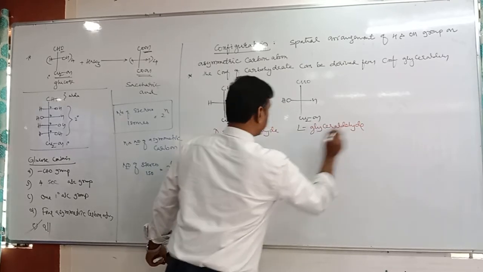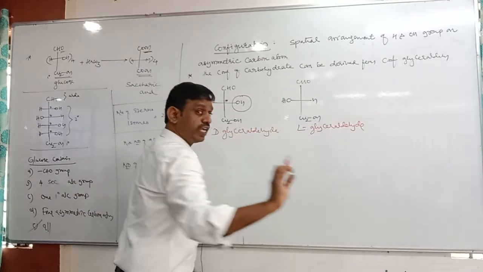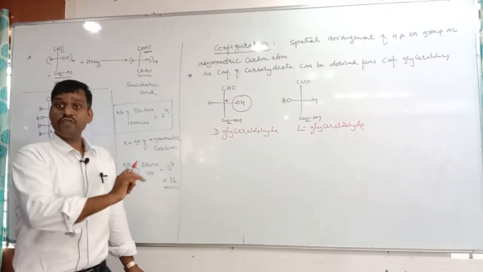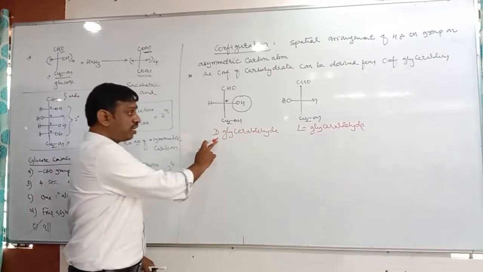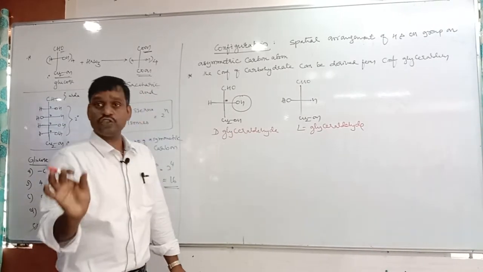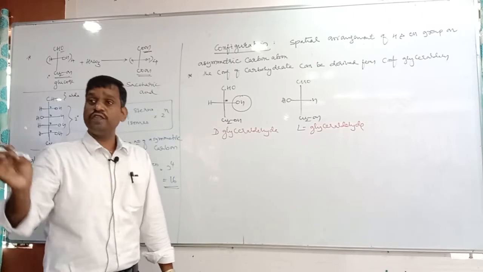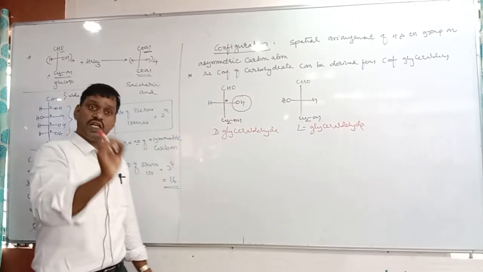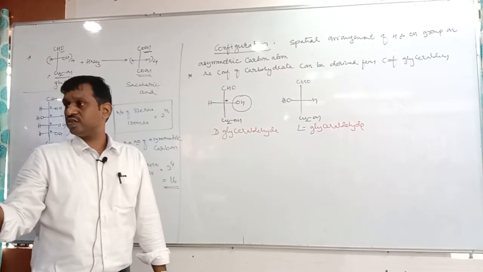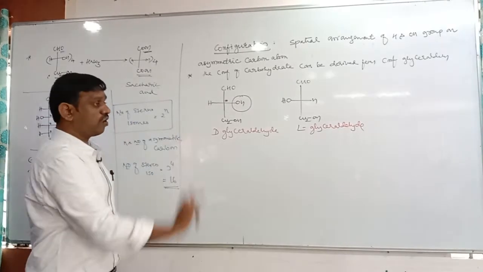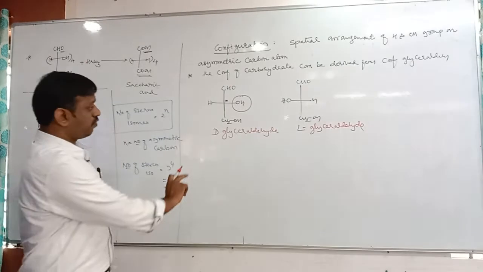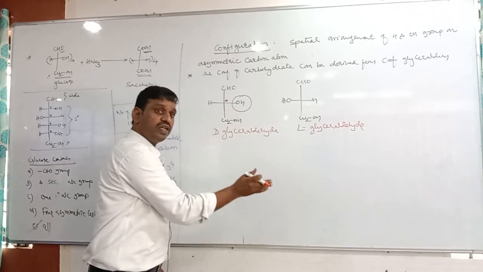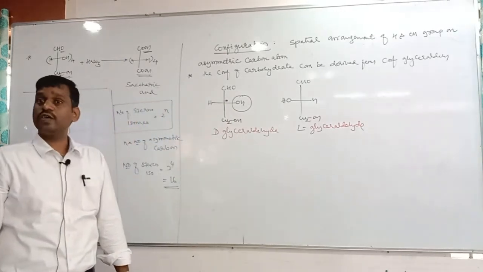Now again here, this capital D, capital L is not dextro, levo. It does not indicate rotation. Rotation is one thing, configuration is another. So capital D, capital L do not indicate rotation. They indicate configuration. Then which indicate rotation? Small d, small l. Small d is denoted by plus, small l is denoted by minus. That is rotation. This is configuration. Therefore, by taking the configuration of glyceraldehyde as a standard, we can assign the configuration of any carbohydrate.